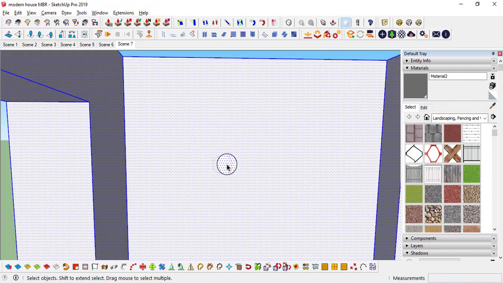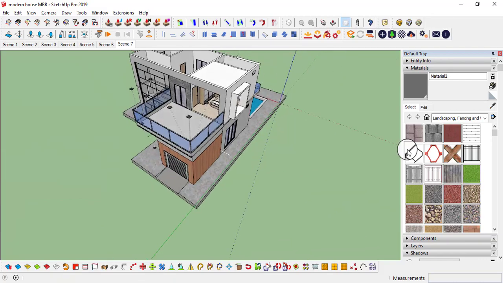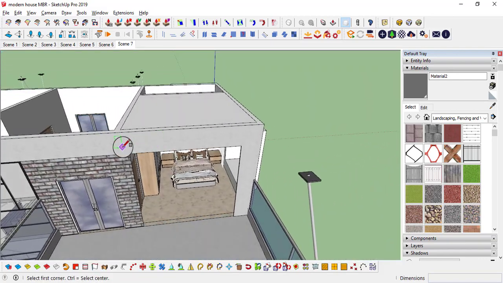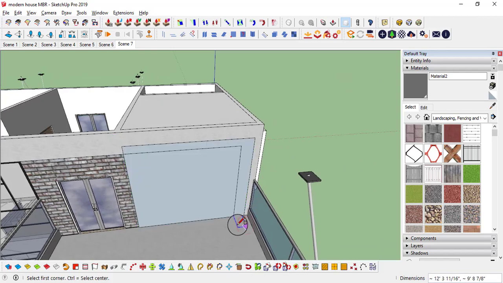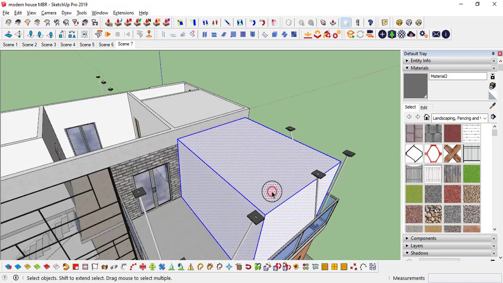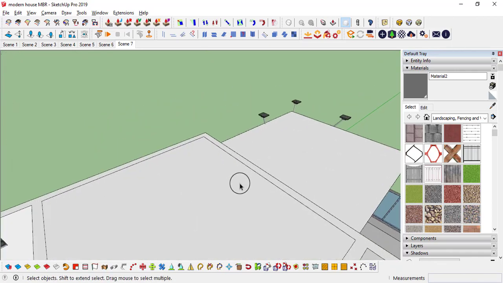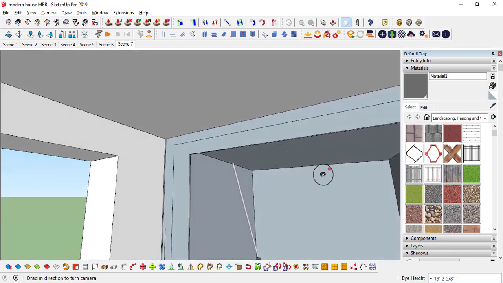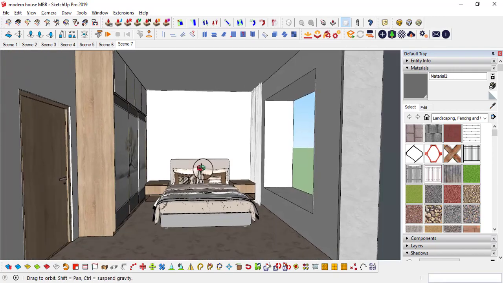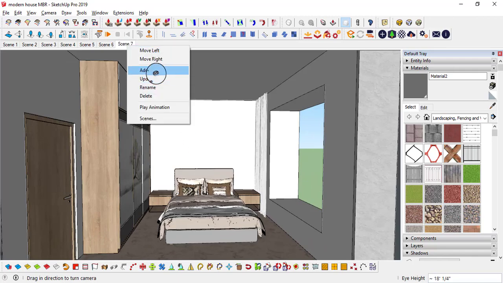So what I'm going to do, double click, I will hide this one, I will hide this one, and to stop the sunlight I'm going to create a rectangle like this. Along the green axis, push pull some length, make it a group and delete this face. So inside you can view like this in this direction. So I will place a camera like this and make it a scene, add.